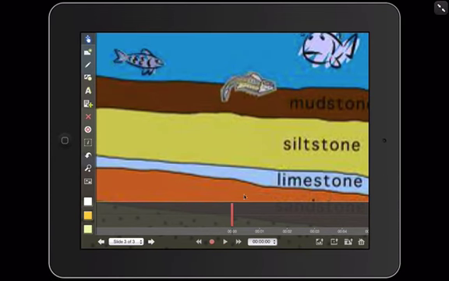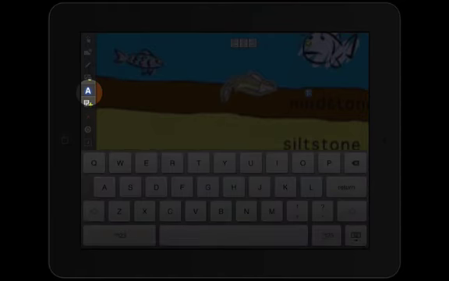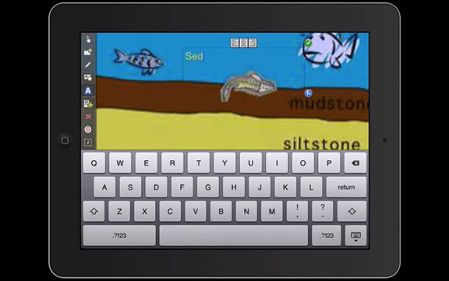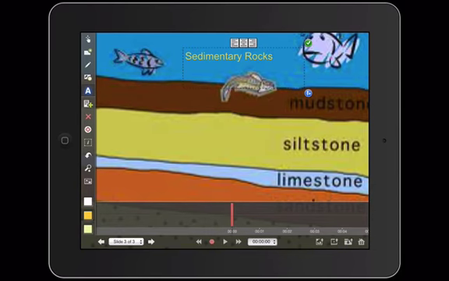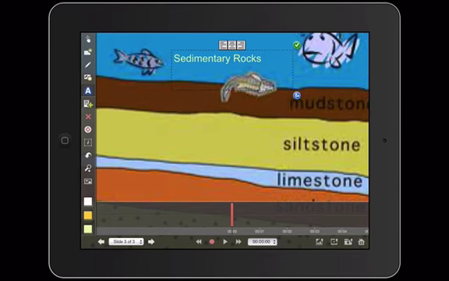Hey boys and girls, one thing I would like you to do is to add some text to the slides that you have drawn. Now mine already have some on here, but for example, this is all about sedimentary rock. So I'm going to click on the letter A over here, and I'm going to click maybe somewhere up there, and I'm going to type in sedimentary rocks. So that's a good title for this. If I want a different color font, I can use it. I can change it over here, and I can move it around